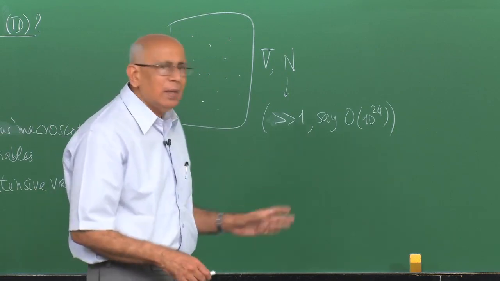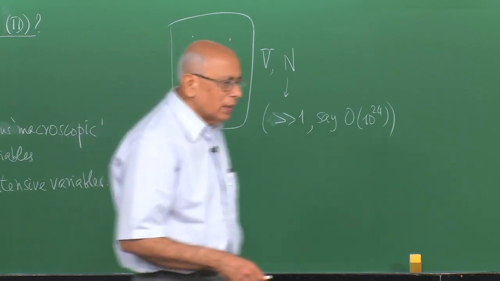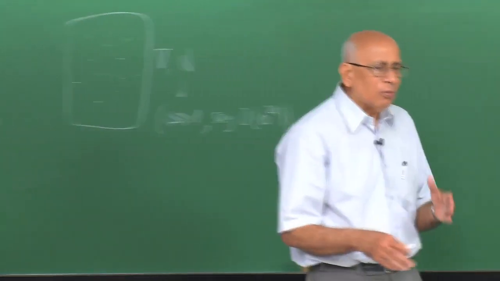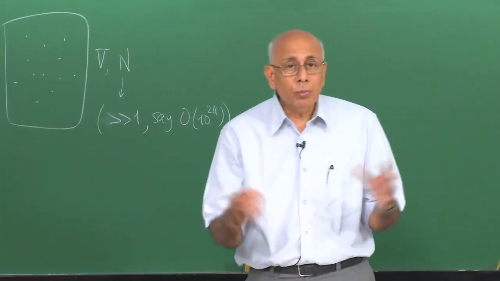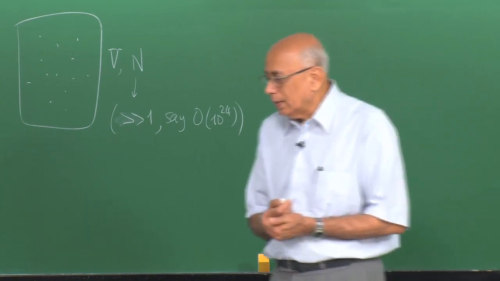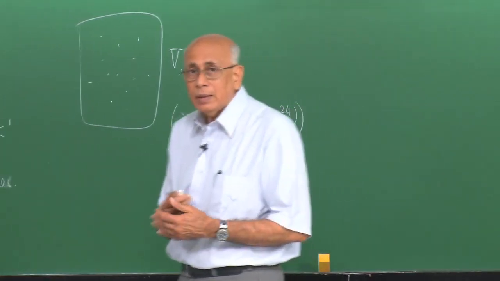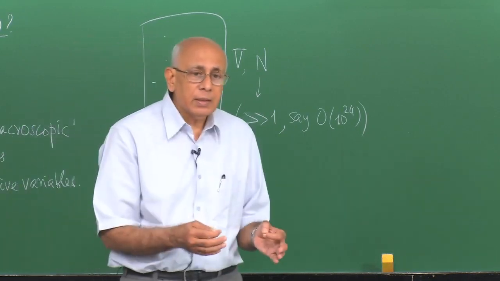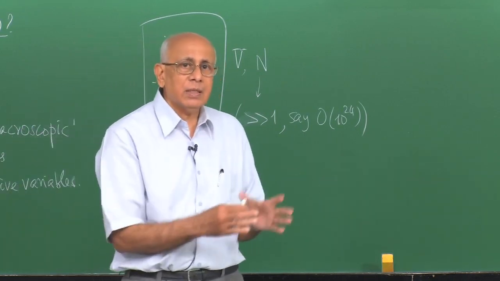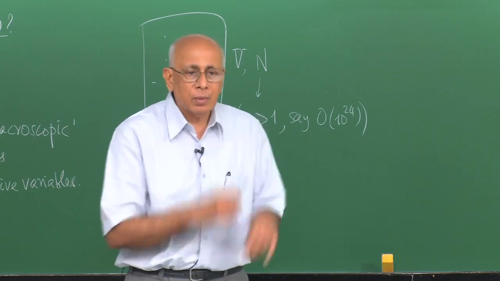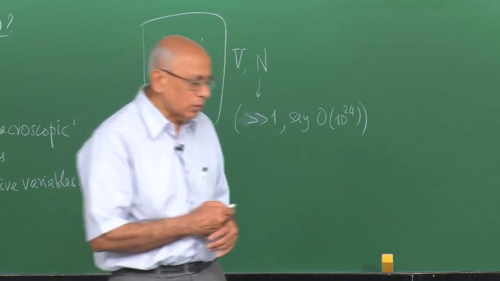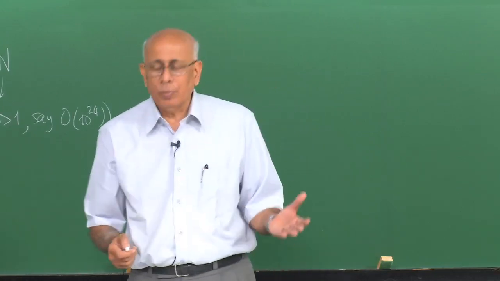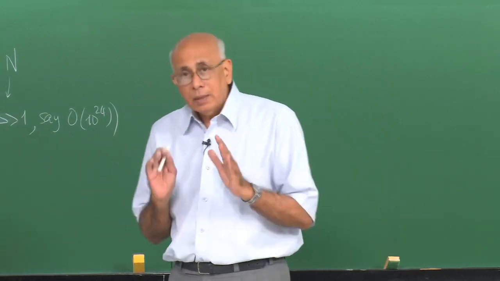You can see immediately, based on our experience in mechanics, we wrote down the equations of motion for one particle or two particles in the central force problem. Even that was formidable and quite difficult to solve, and I pointed out that when you have 3 or more particles, you really do not have enough constants of the motion to solve, quote unquote, the problem analytically in closed form. So when you have 10 to the 24 particles, it is completely hopeless to do this, but still in